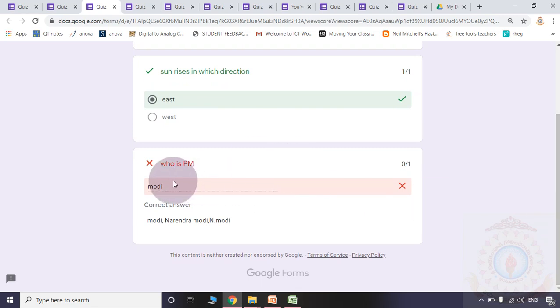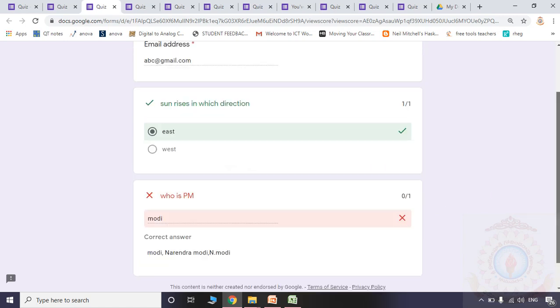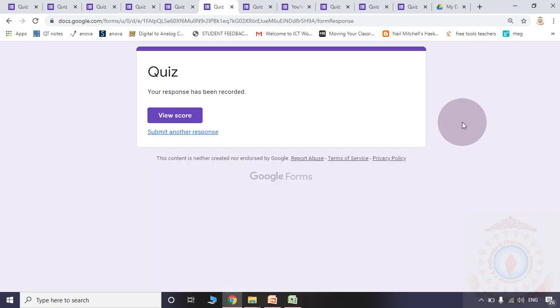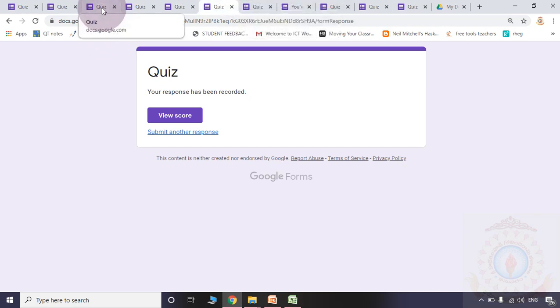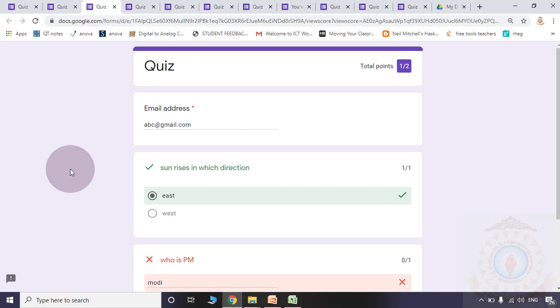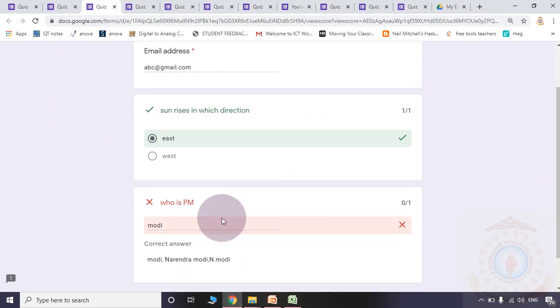Please observe, here Modi is shown as the wrong answer. Please observe that option shown as the wrong answer.